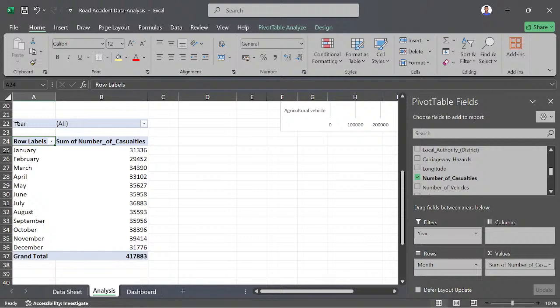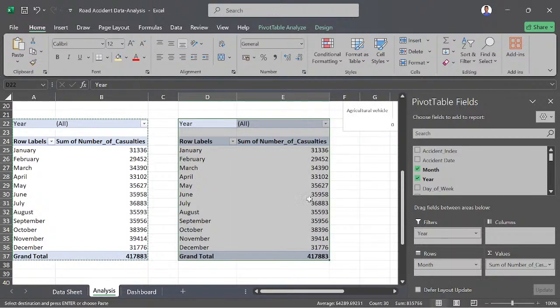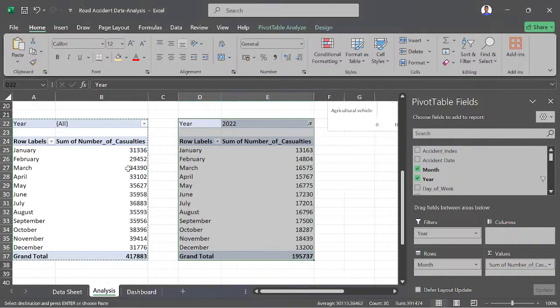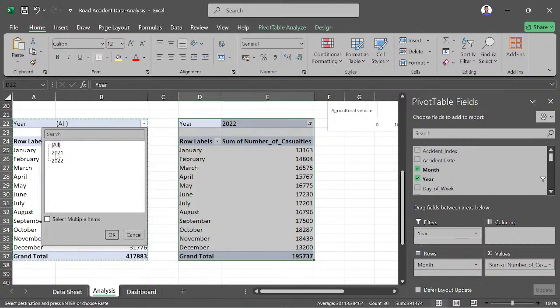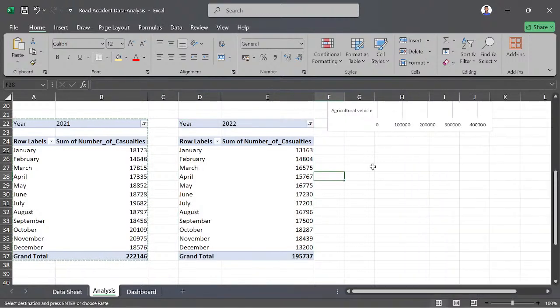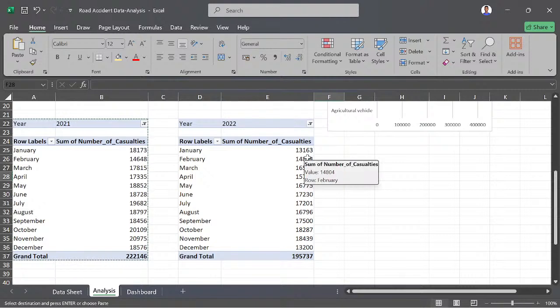So what I will do is that I will copy the same pivot table, okay, and create a new one and just paste it here so that I can have another one. And this one, I'll select the year 2022. Okay. And then here, I'll select 2020. Now, why am I doing this? I'm doing this because I want to extract the data separately so that I can get a table. And before I can do that, I need to make it two separate things. If not, I'll just extract only one of the data, and then I can't extract the second